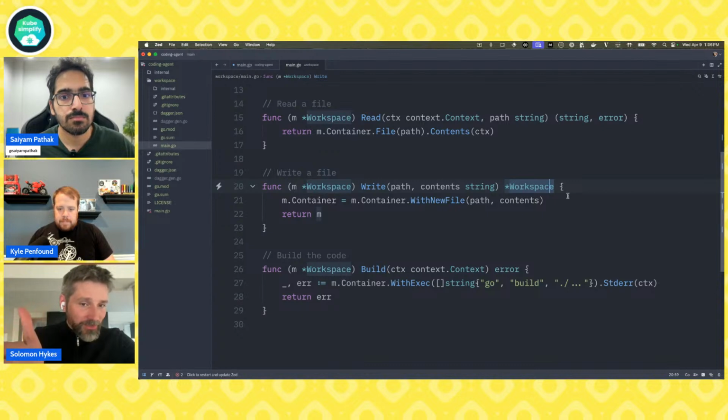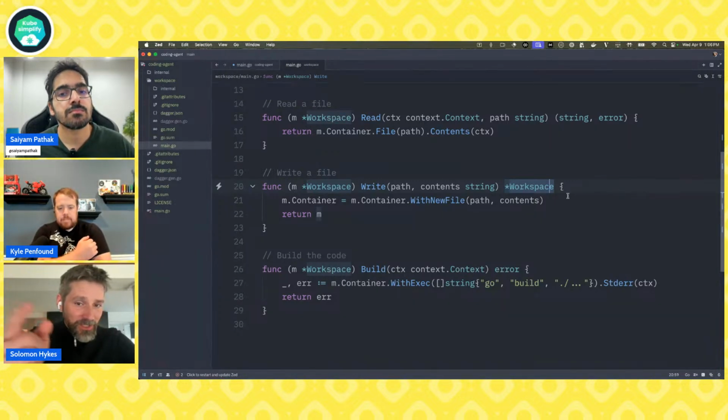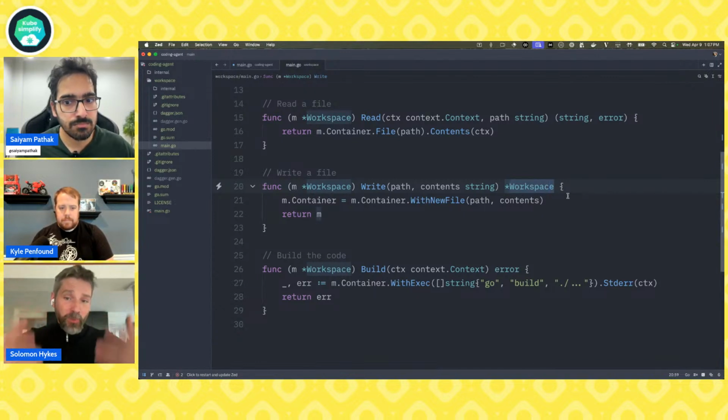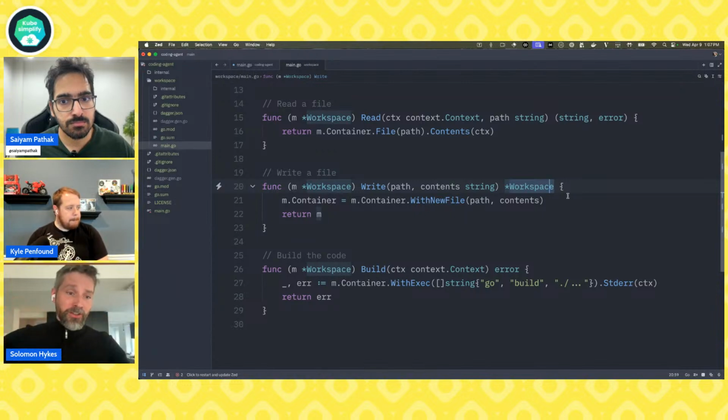There's no mutation, right? It's returning the new container. It's basically creating a new snapshot that is a modified version of the previous container snapshot, right? So Dagger manages the state of your objects, but it manages them like a build engine. It's building the state one change at a time, one function call at a time.